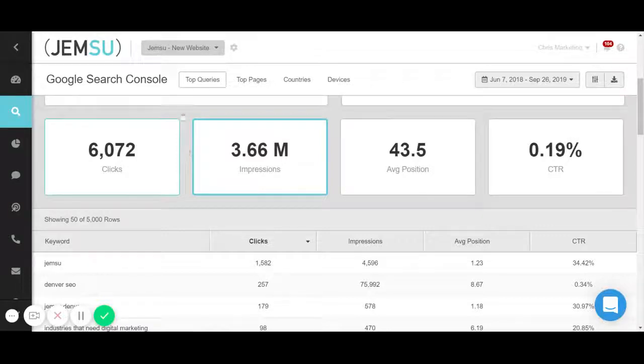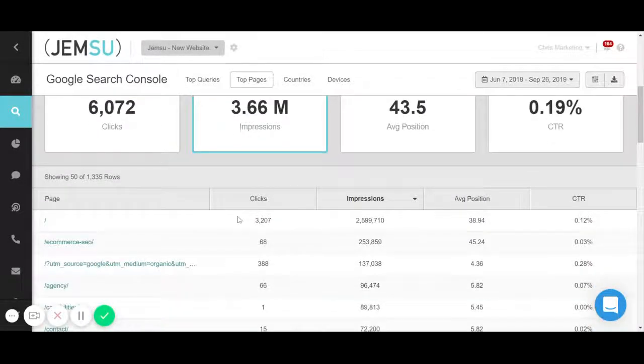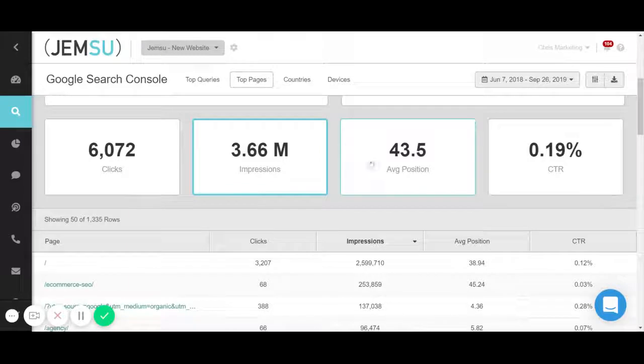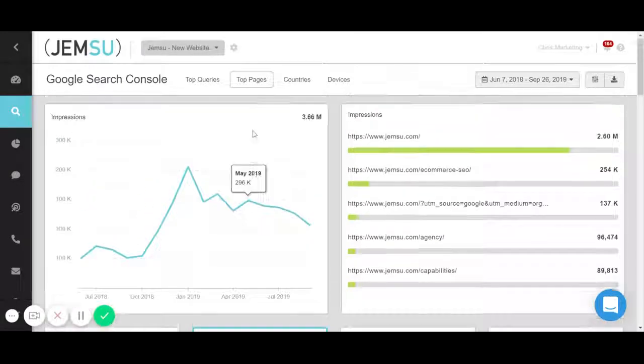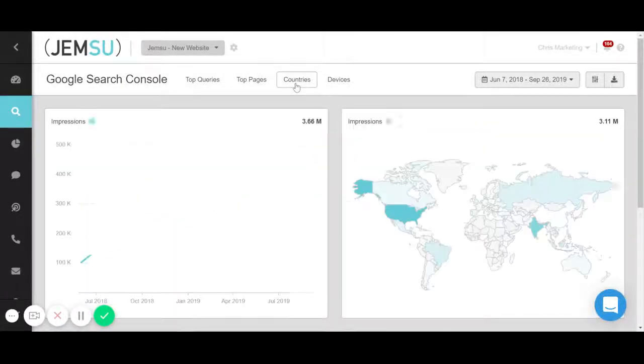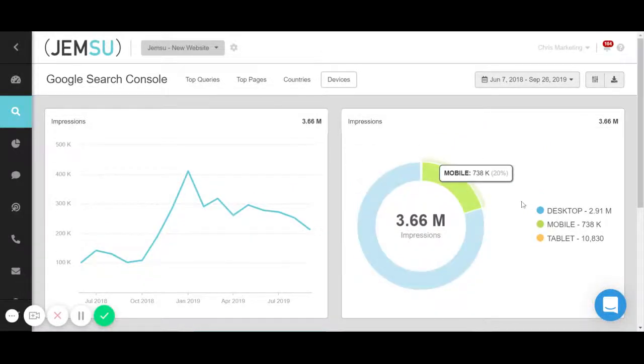It also shows which page ranks, right? So just like the keyword, this is going to monitor the clicks, impressions, average position, and click-through rate of the different pages that you have. As well, it's going to monitor the countries where you get your traffic or your searches from, and then the devices, right? We are a business to business, and so the majority of our searches are desktop,